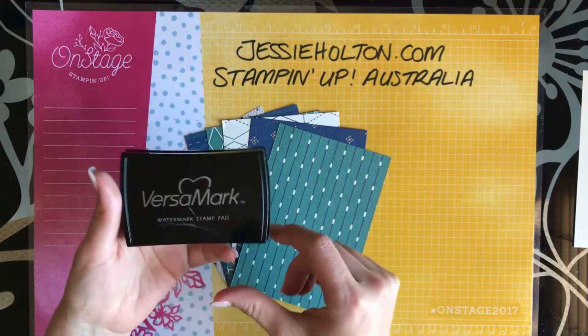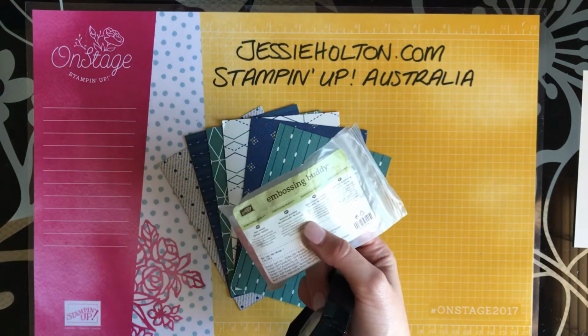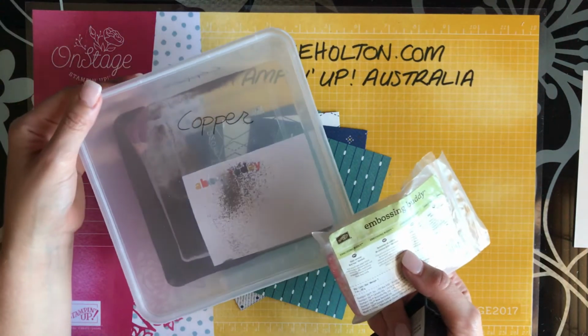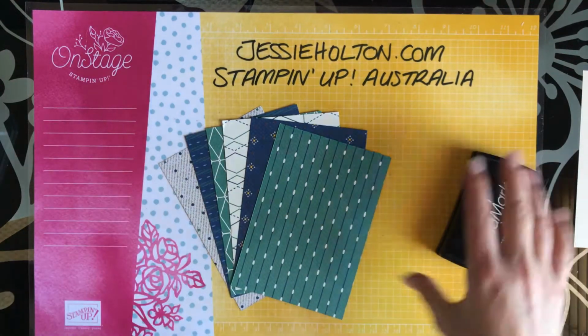So I've got my Versamark here, my embossing buddy, and some copper heat emboss powder. So what I'm going to do,